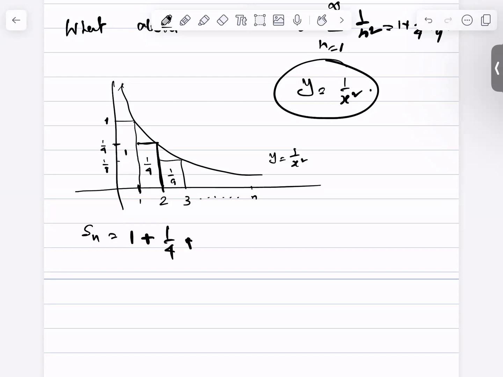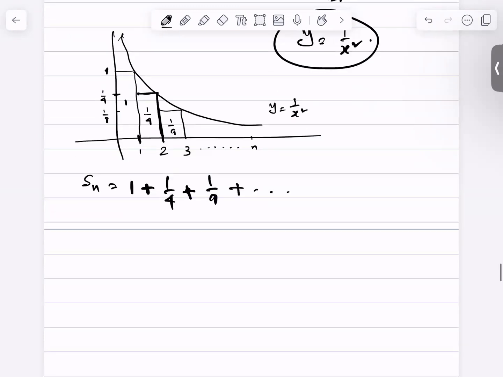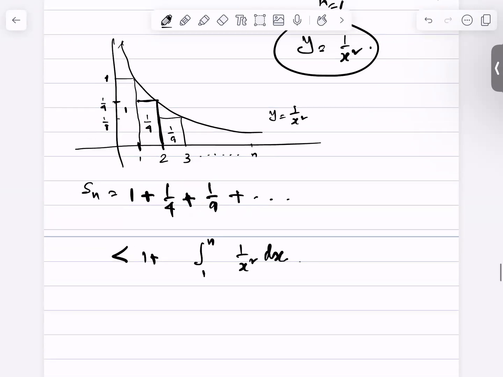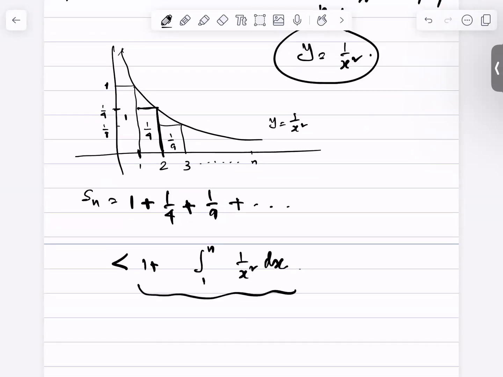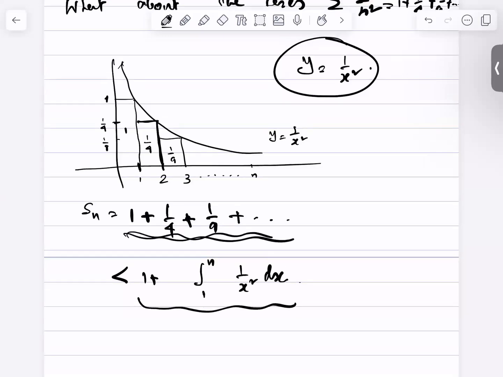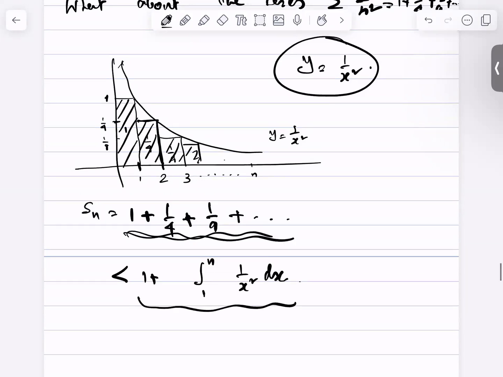And if we continue to do that, then the third rectangle will have area 1 over 9 and so on. And that is less than 1 plus the integral from 1 to n of 1 over x squared dx. Now what's happening there? Why is this right hand side bigger than this sum? This sum is basically the area of all of these rectangles. But what is the integral from 1 to n of 1 over x squared dx? That is something else. The area of